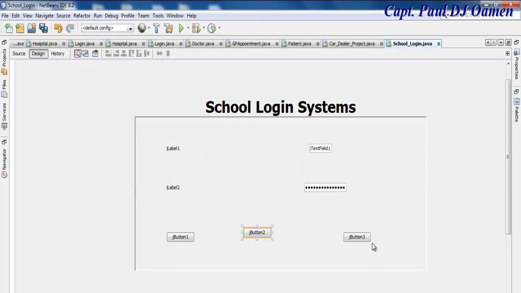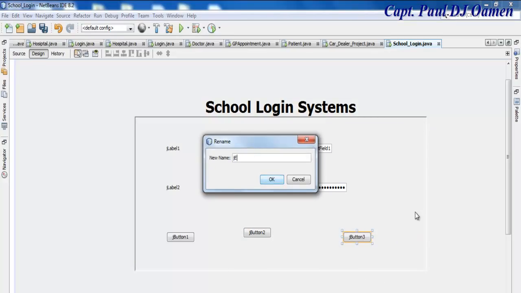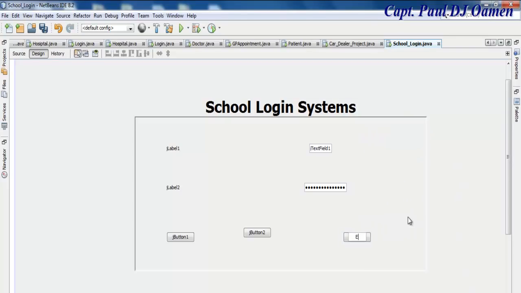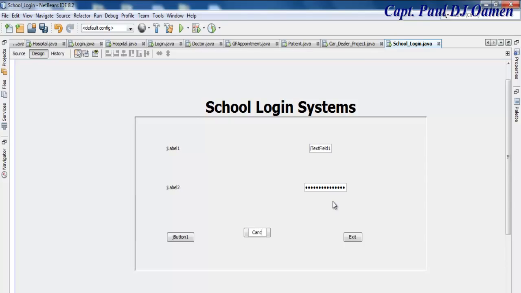Right. And this is going to be J exit. The text content on it, that's J exit. Change the text content to exit, and here change that to cancel, and here change that to log